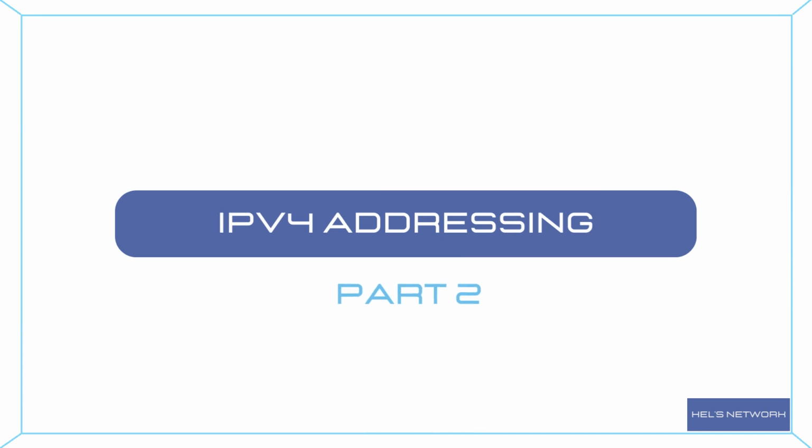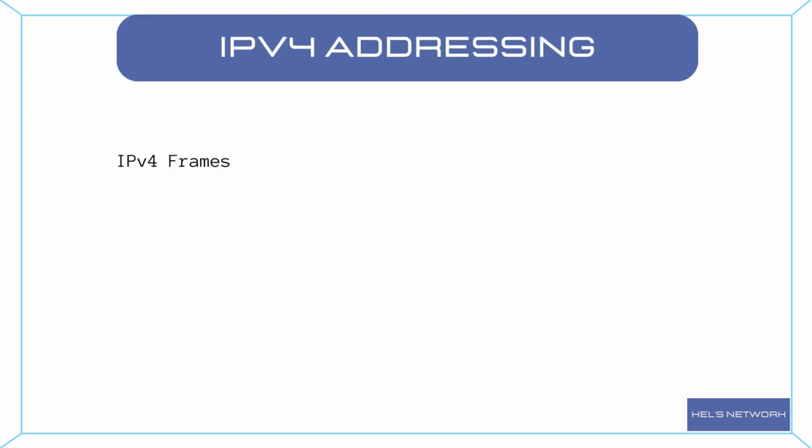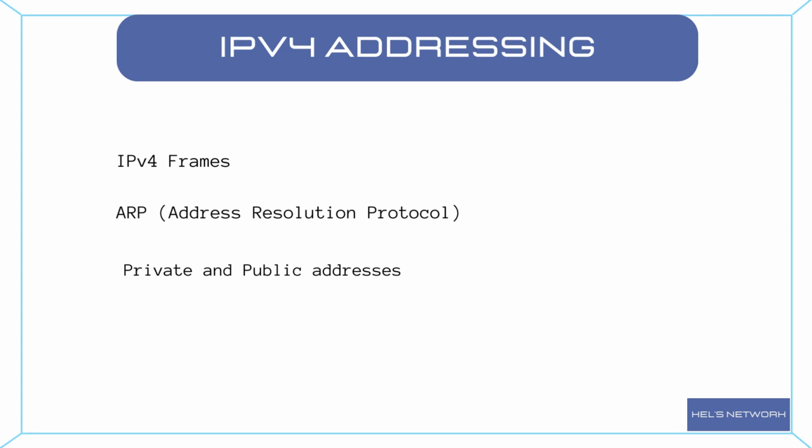This is part 2 of our IP addressing series. In part 1 we covered the fundamentals of IP addressing. Now, it's time to dive deeper into the world of IPv4 frames, ARP, private and public addresses, subnetting, and CIDR